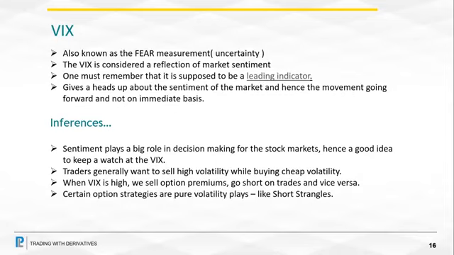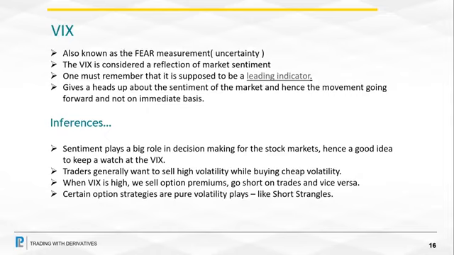Let me give an example. In March, when we started with this corona fear, and in January, when Nifty was at all-time highs of around 12,100, 12,200, 12,400, VIX was rising gradually. It was trading at around 13, 14 levels, then it started moving up to 18, 20, 22. These levels we were starting to touch. But Nifty wasn't falling that badly. But if anybody understands what VIX is and what the implications of those levels are, we saw the market collapsing like anything in March. From February onwards, we started seeing Nifty collapsing.